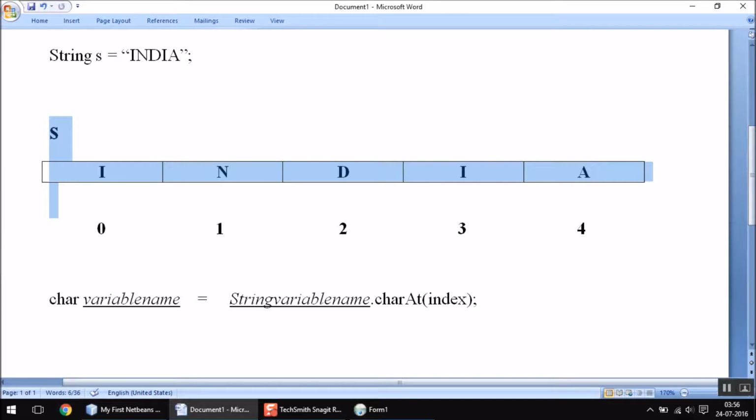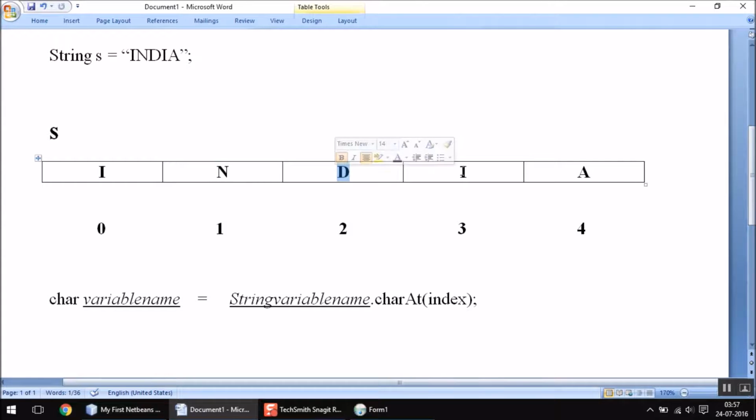The first letter of any string has the index 0. You can say it is just the position of the beginning of the string. Likewise, each character has an index associated with it, and this is how it is organized in memory.